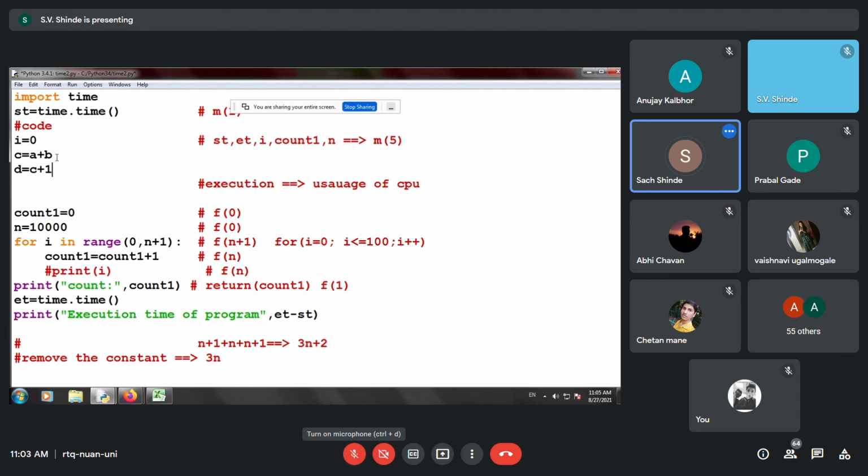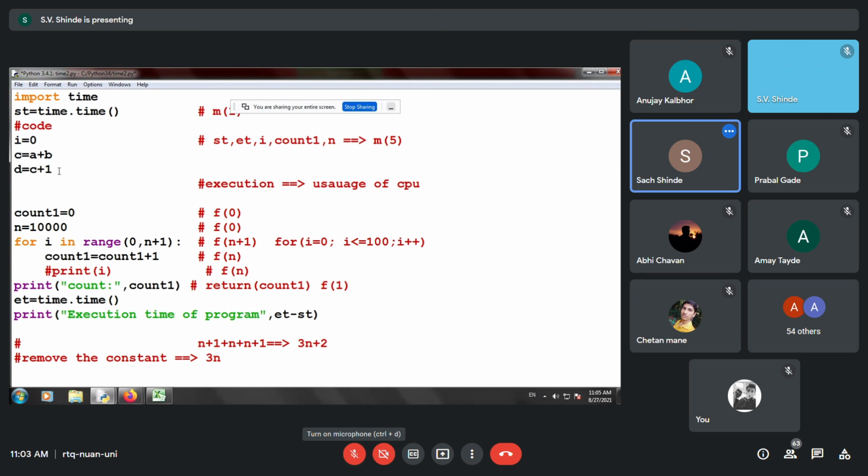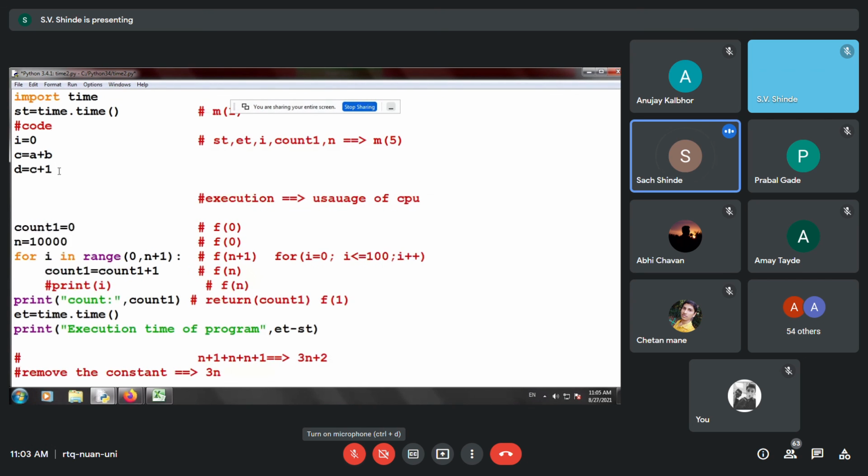Over here it will take 2 instructions, instruction 1 and instruction 2. Instead of that, computation says to use D is equal to A plus B plus 1.